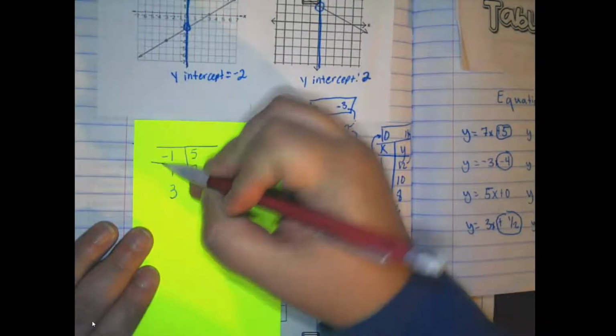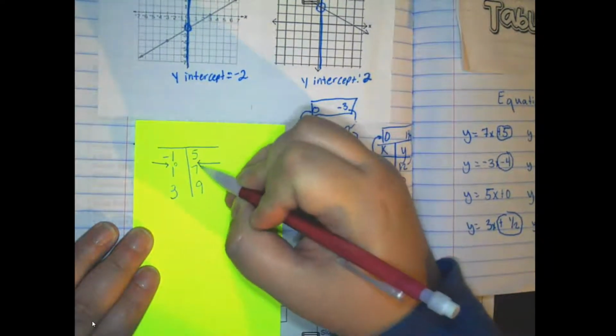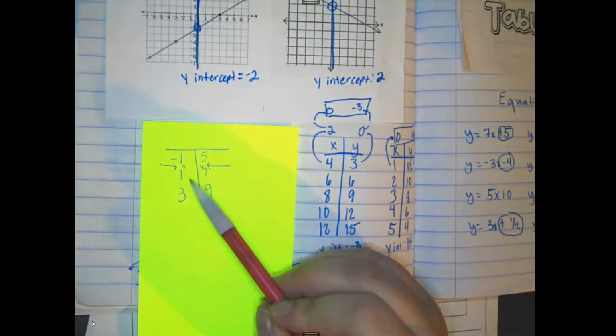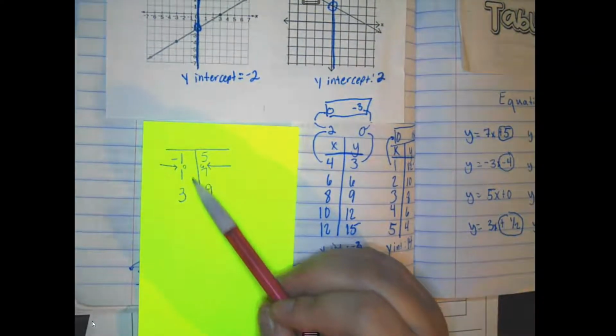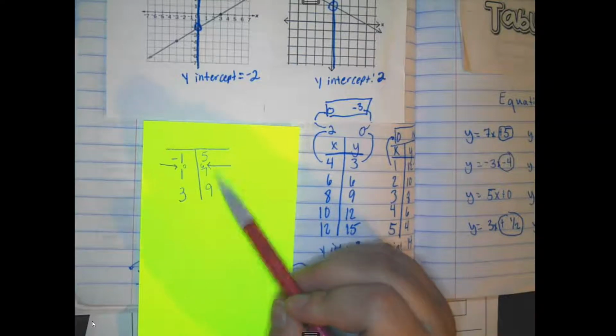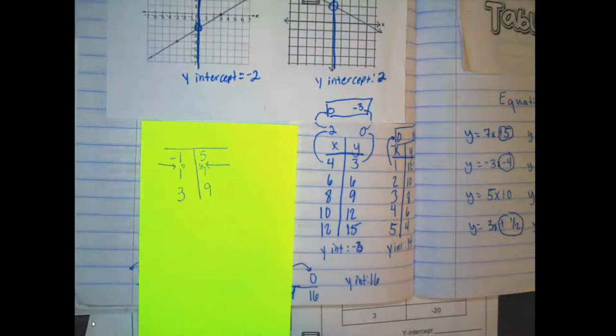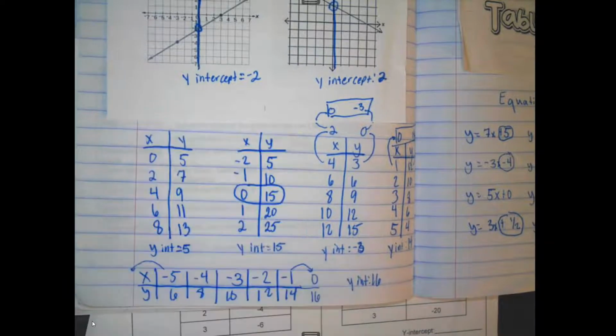There were some of those like that on your assignment. But you can see that 0 is halfway between these two. So halfway between -1 and 1 is 0, and halfway between 5 and 7 is 6. Okay, we'll look at some other examples of finding your y-intercepts or matching these after we look at finding our